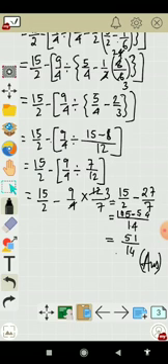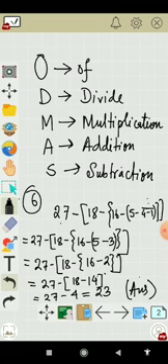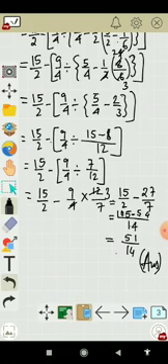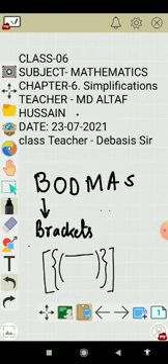So this way we have to solve simplifications using the BODMAS rule. In BODMAS, B represents brackets. So there will again be four types of brackets. First is the bar symbol. So that one we have to do first. Bar symbols work will be first, then the first bracket, then the curly bracket and the third bracket.